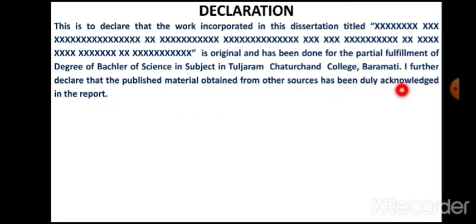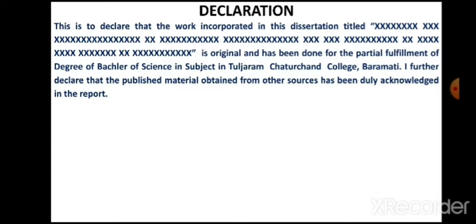Now this is very important. If you don't acknowledge, if you don't reference, then it is illegal, it will be a part of plagiarism. So we have already learned that plagiarism is the stealing of data: you are using and describing that data without the permission of the original author.